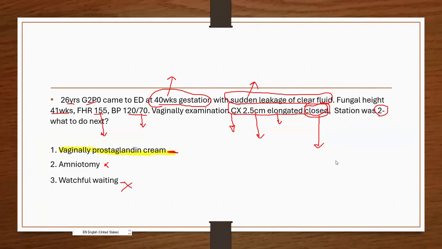I hope it was clear. Now here, in this sort of labor question, specifically, you have to work out with the POA. You have to think about the POA. Now, if this is 40 weeks, you can't keep this for a long time. And even with these 40 weeks, still the cervix has not ripened or matured. So it's a high chance this labor will not progress. Labor questions are always things for you to work out and use your mind to come to an answer. So you have to do a lot of labor questions to make your mind